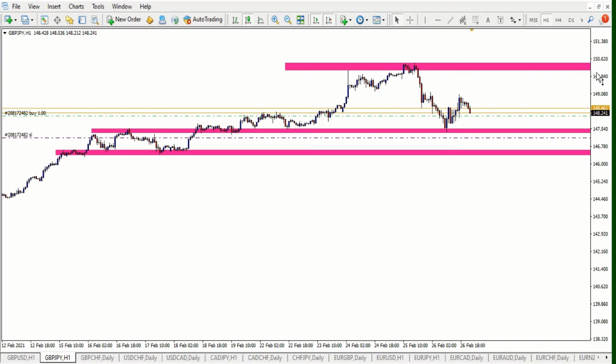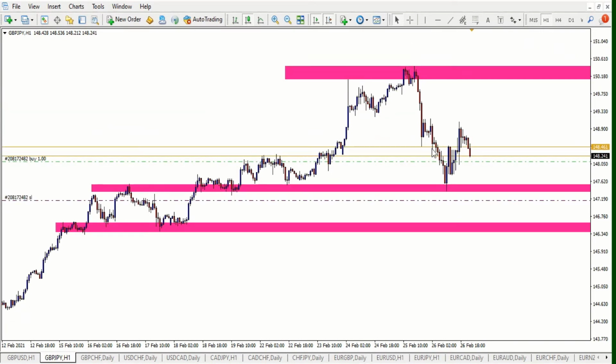So I saw that the market came down, kind of hit the brick wall there, gave us a railway track movement, and basically looked like it had hit a support and was going to make its way back up, so I took the buy trade. However, it's still moving back down. So what I anticipate the market might do is either come to this support again, hopefully not stop me out, and continue its way back up,